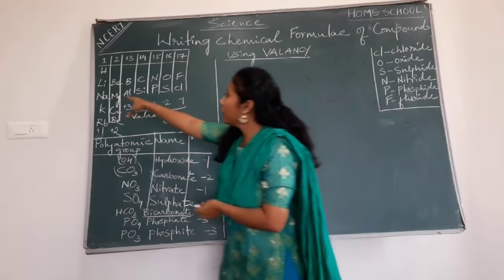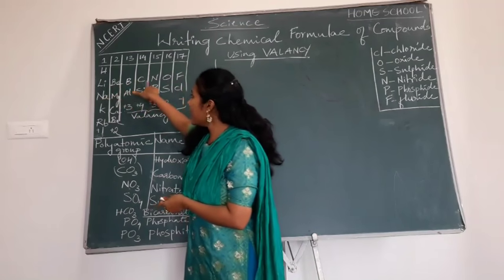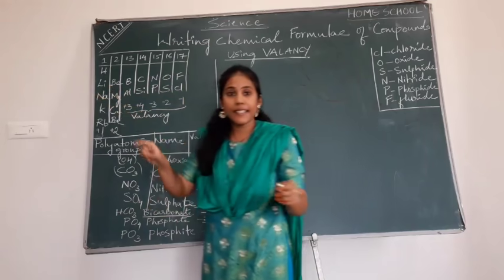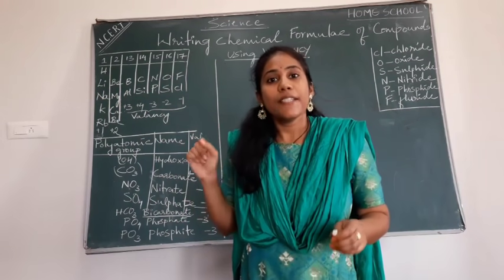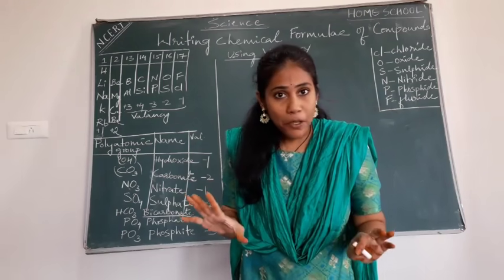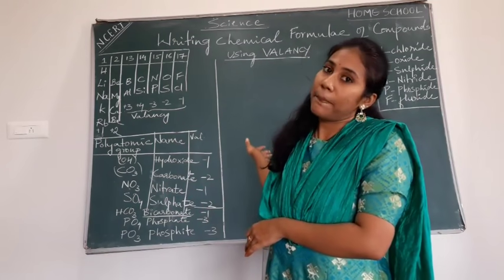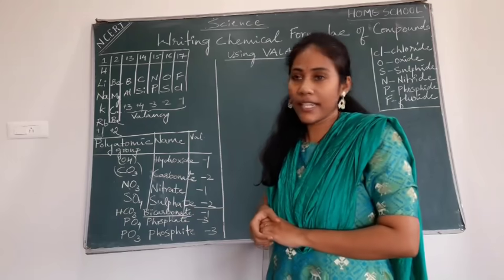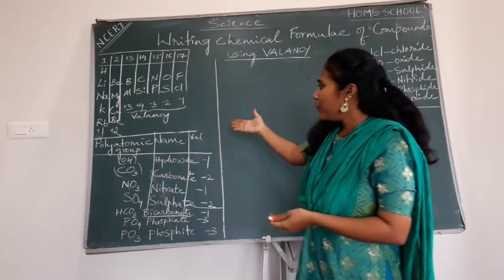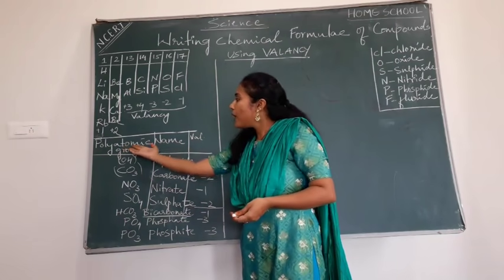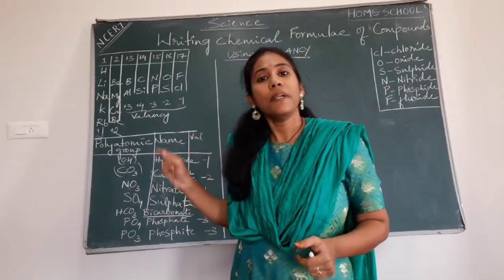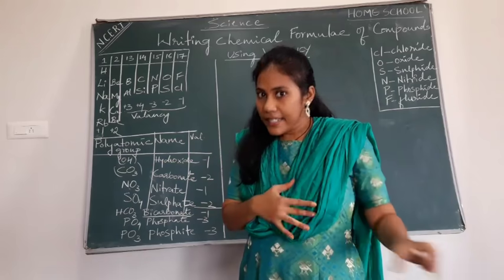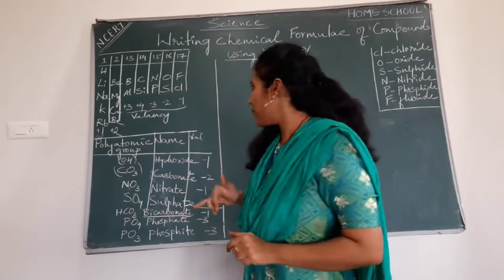And also the symbol as well as the name of the element. Say Li in the sense lithium, Be in the sense beryllium, Na is sodium. The names are also very important. That's what we are going to use now in this video. You can see I have written some polyatomic groups. It's a new word for you, polyatomic group, and we are going to discuss this a little later. You keep waiting for that.